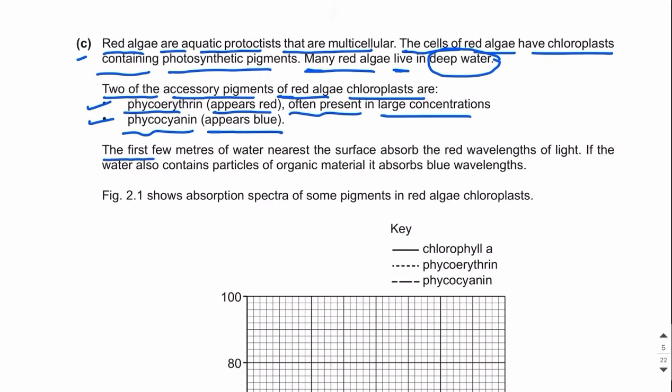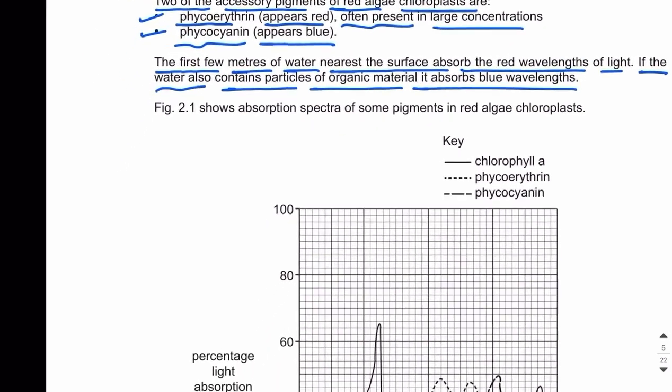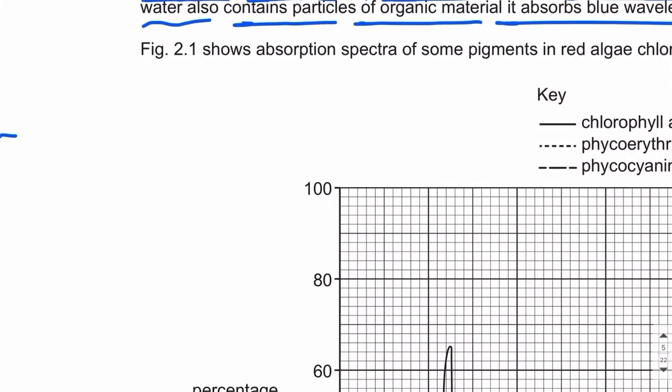The first few meters of water nearest the surface absorbs the red wavelength of light. If the water also contains particles of organic material, it absorbs blue wavelengths of light. So, guys, what they are trying to say in this information is that the red algae live in the deep water. So, for example,